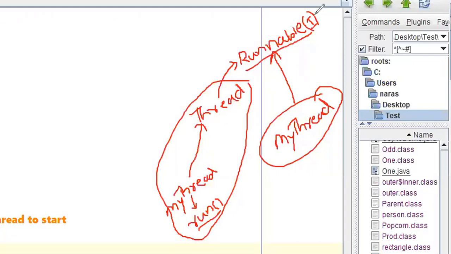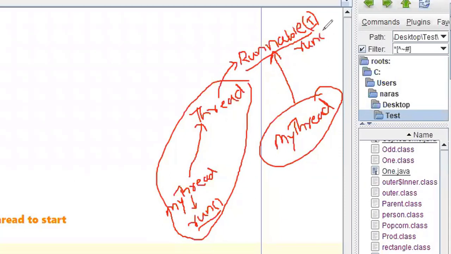So initially the run method is an abstract method in the runnable interface. Your thread class implements the runnable interface, but it won't give any definition. It will be a null defined run method. So that was the reason why you are not getting any output if you are just writing a run method and not writing anything in it. Or if you don't write a run method also, you are not shown any error, right? We said that the parent class run method will execute, right? So what I'm saying is, with respect to this particular interface, there will be an abstract method which is called run, right?